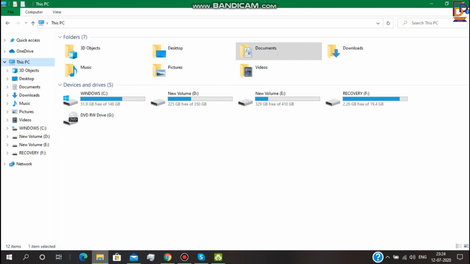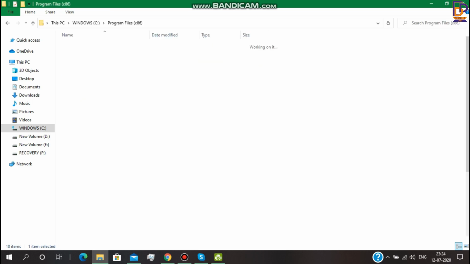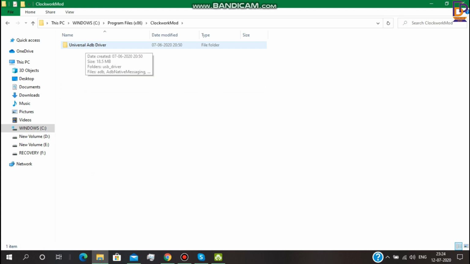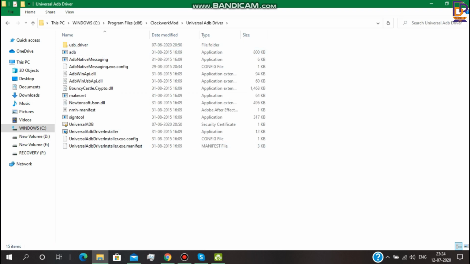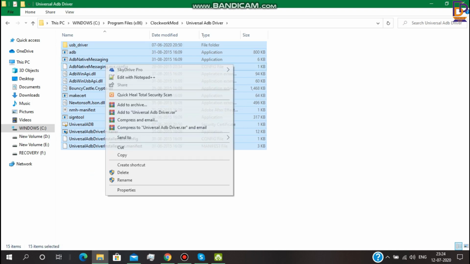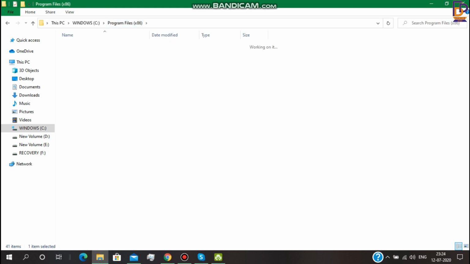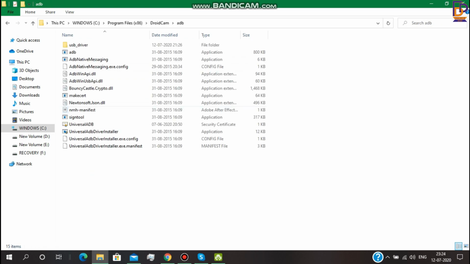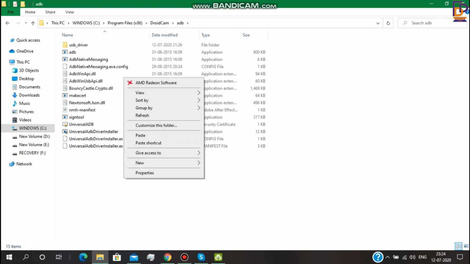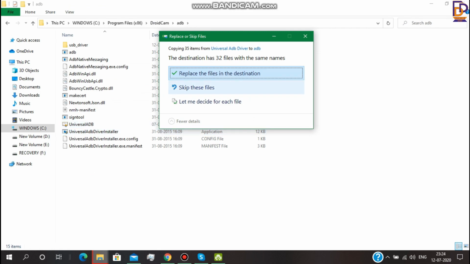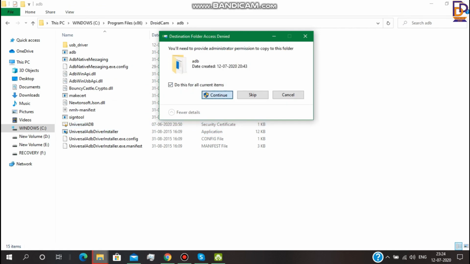So now open My Computer, then go to Drive C, Program Files, then ClockworkMod, then Universal ADB Driver, and then under Universal ADB Driver select and copy all the items, and then move to DroidCam, then under ADB paste all the items, replace the files in the destination, continue.